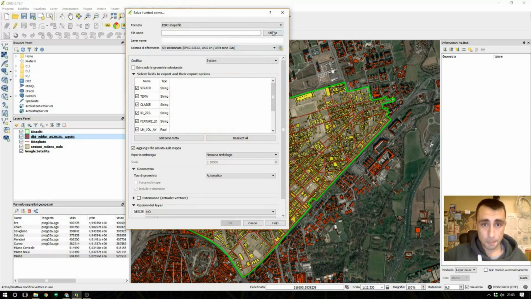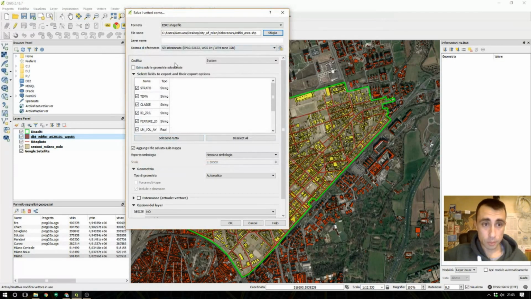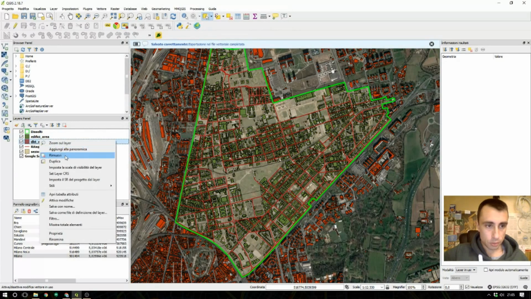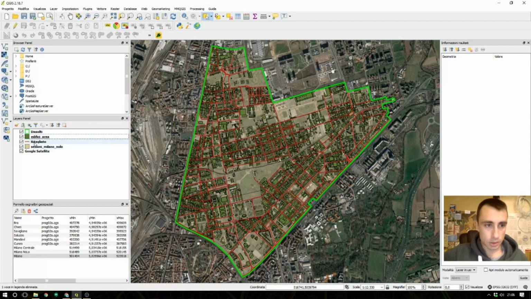We can do as before, right click, save as, name it building area, save as. Remember to check only save the selected geometry. We do OK. And it gives the result of all the buildings that fall into this area.